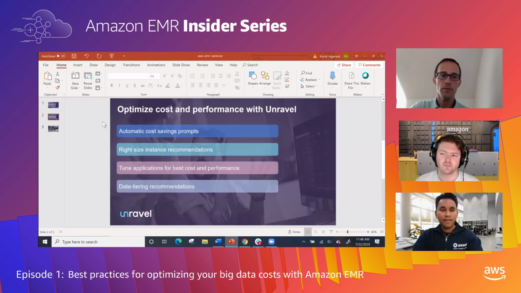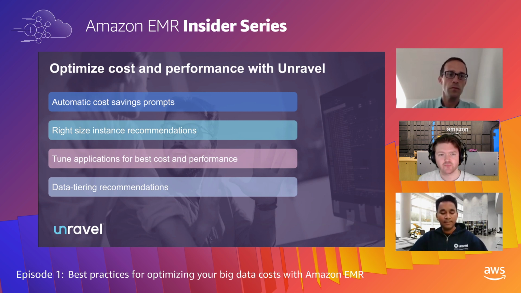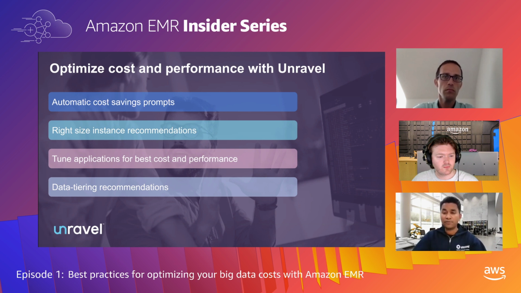So ultimately, there are so many different ways to go and save cost, right? Unravel is a performance and cost optimization solution designed around these big data workloads. On one hand, it helps you understand which applications and workloads you can actually use those cost optimization features for. Like, which apps are best suited for Spot? You want to make sure that you're getting the cost benefits, but you're also making sure that you don't have interruptions using Spot fleets, for example.